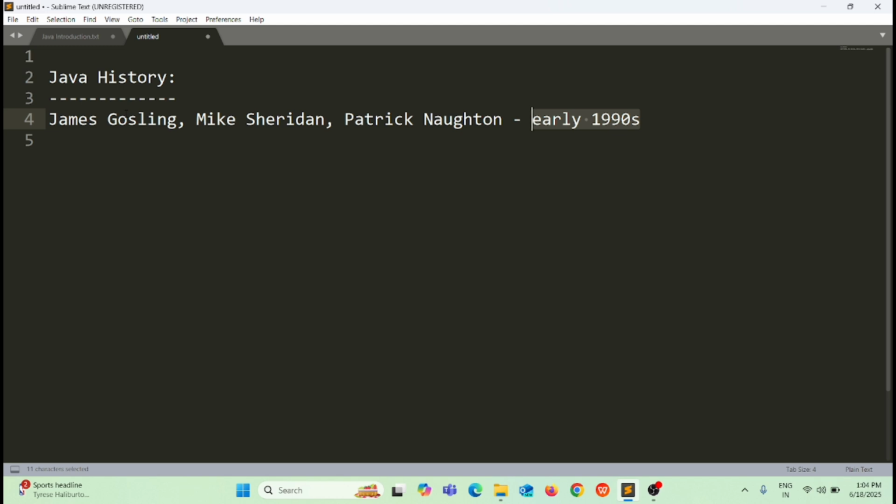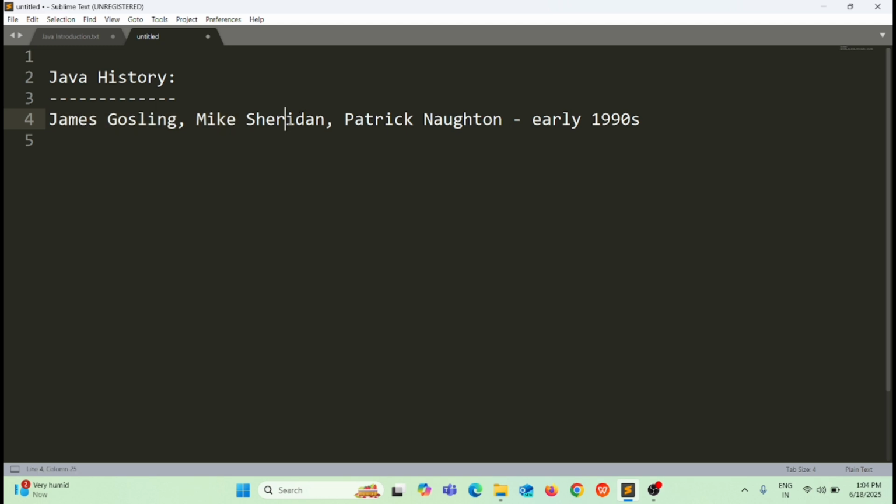They worked at Sun Microsystems, which has currently been acquired by Oracle. These three friends wanted to create a programming language, and in the early 1990s they created one.